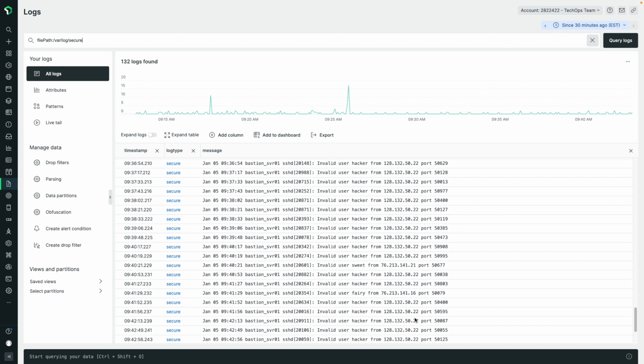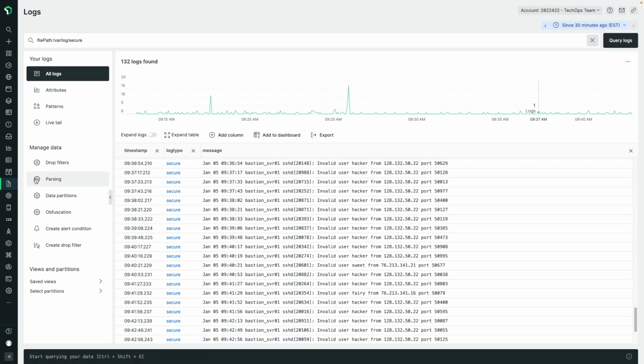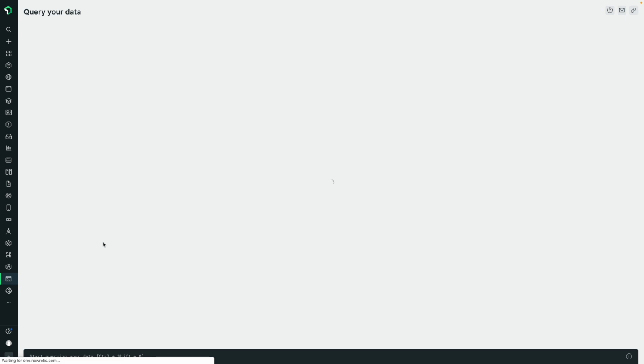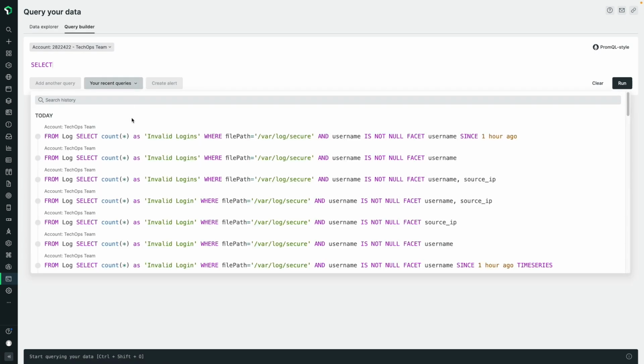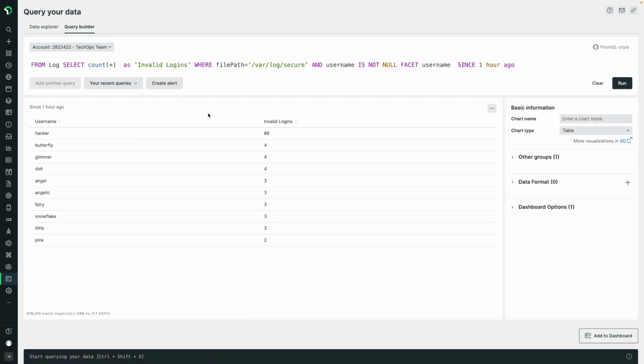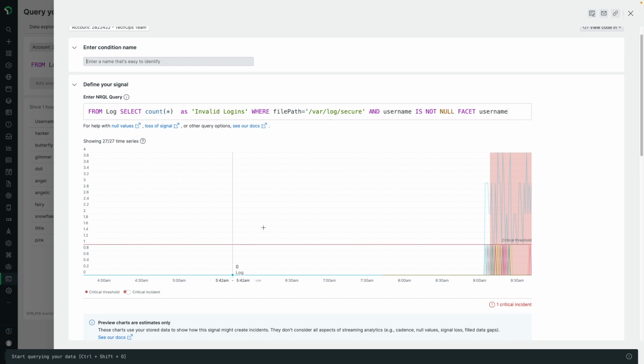If I look at some of the new logs coming in, I can see that they now contain the new attributes, username, source IP, and port, that I've parsed out as expected. I can also now run some queries in NRQL to facet on the new attributes. Let's run this query to see how many invalid logins I've seen from each user. I can also now easily create an alert to notify my security team of excessive failed logins so they can